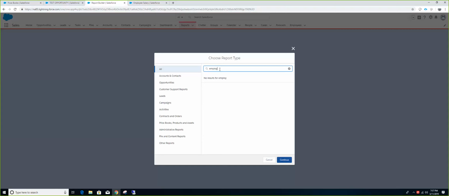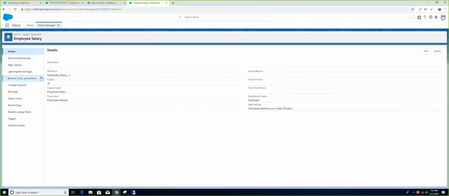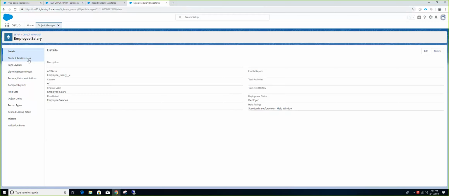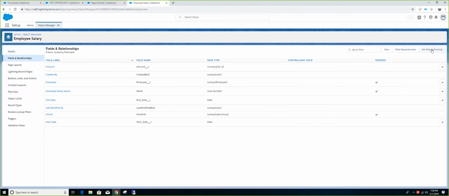So anytime you get a complaint that somebody is unable to create reports on certain objects, the first thing you need to do is go to the object and check if Enable Reports is checked or not. Okay. And you see Track Field History. I'm going to show you that. Remember we talked about field history, right? Set history